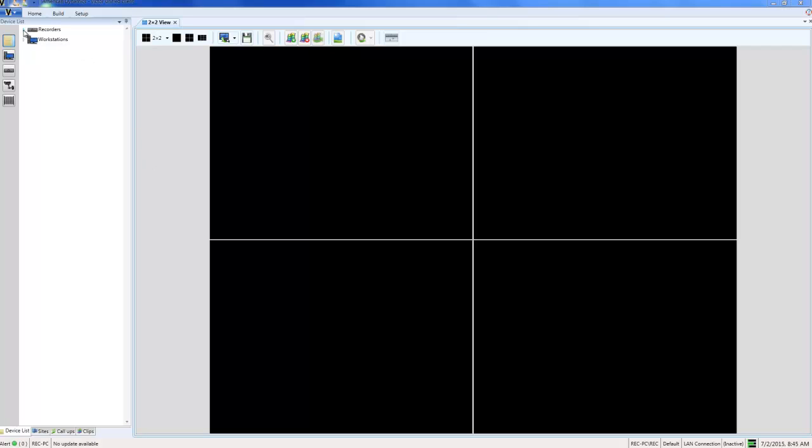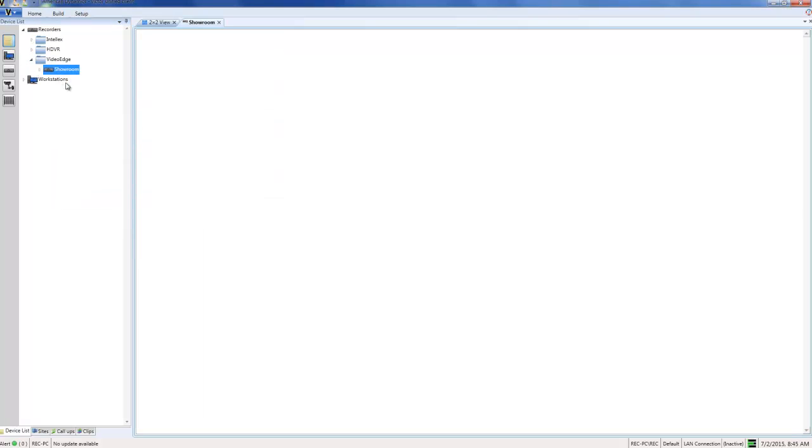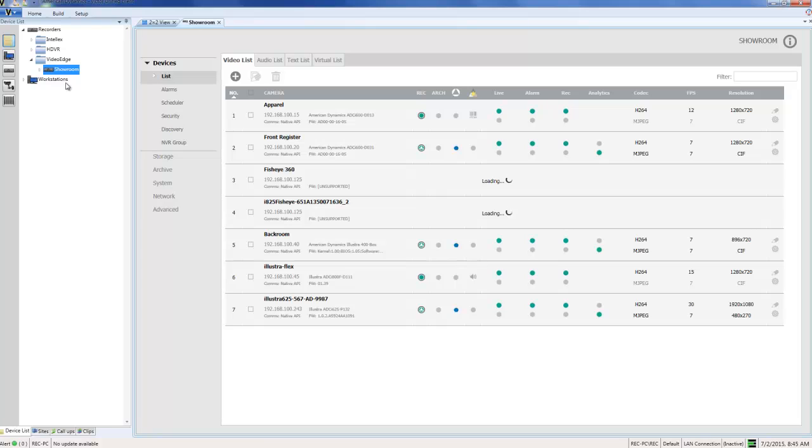I'm just going to expand out my recorders folder and right click on the recorder and choose configure, and that's going to open up the VideoEdge administration interface. First thing I need to do in here is to enable video intelligence on the appropriate camera. So I'm just going to choose the setup icon next to that camera,